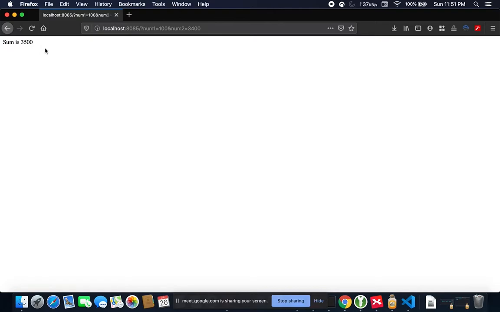Okay, so this is how I can process data on the server side and send altogether different data to my browser. This is how authentication and everything works in the backend. You get something from the front end, you process it, you change it, you create some HTML or get some data from a database and send it to the front end.